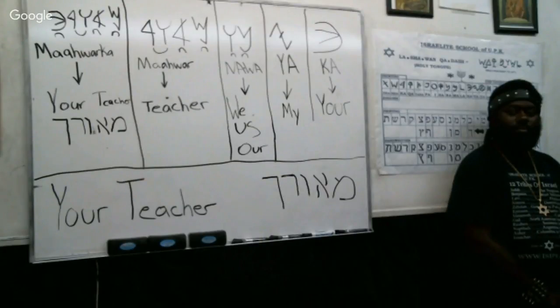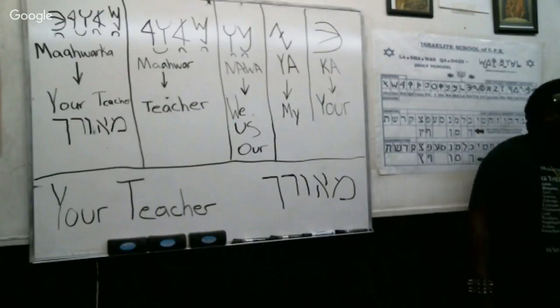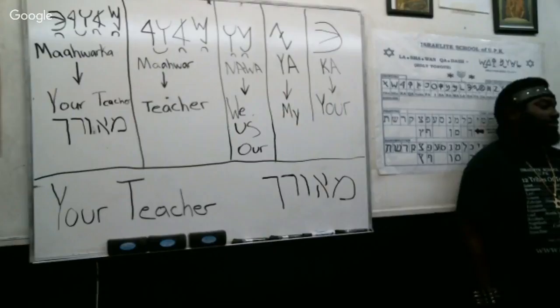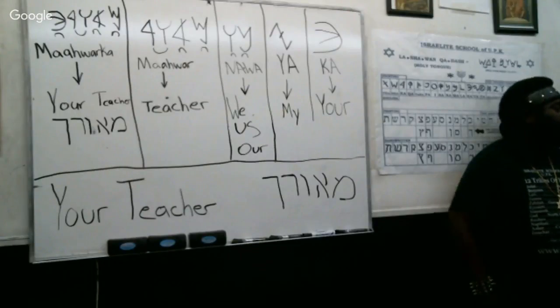But English has a lot of little words that don't matter. Somebody tell me, what is the definition of is? What's the purpose of it? What's the purpose of is? Of. We say, I ain't going there. I ain't got to say I am not going to the store. Go ahead, sis.